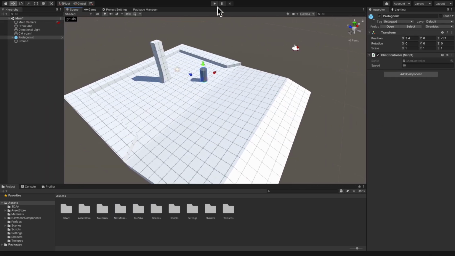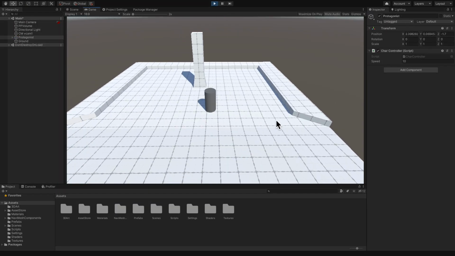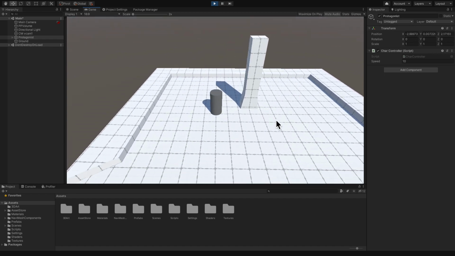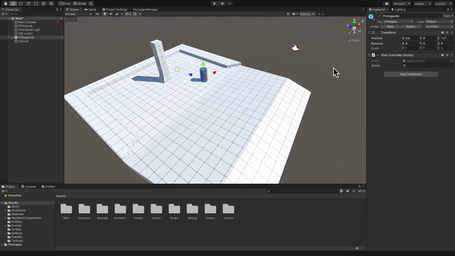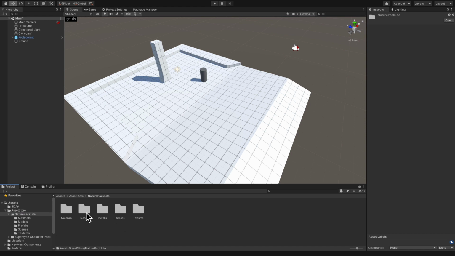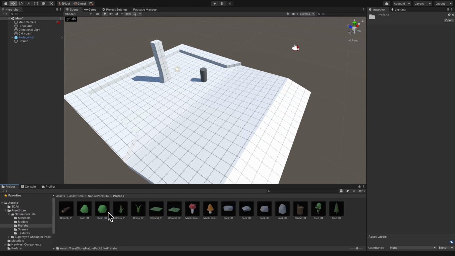And this gives me this very solid movement where I can basically put myself in very crazy situations. And just to demonstrate what I mean is I can just take a bunch of prefabs, for example, this nice nature pack that I found on the asset store, and I can bring these prefabs to the scene.